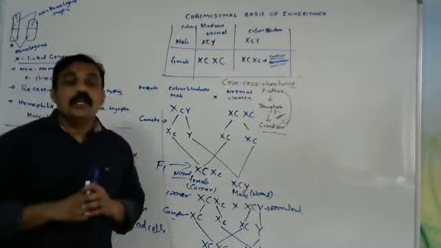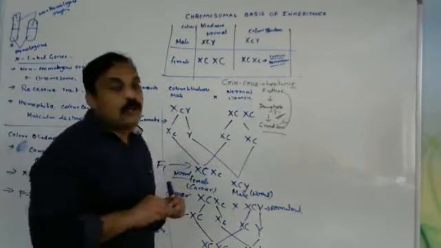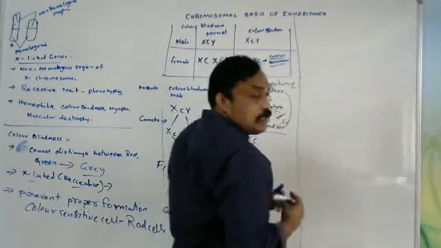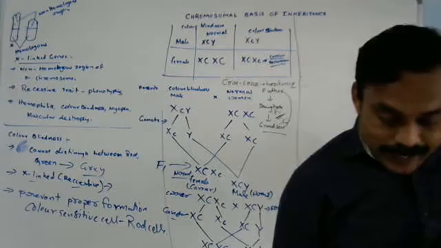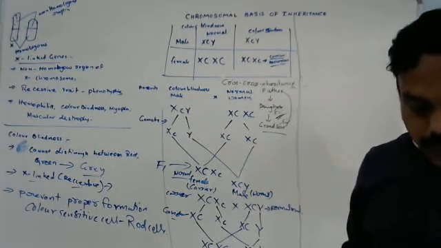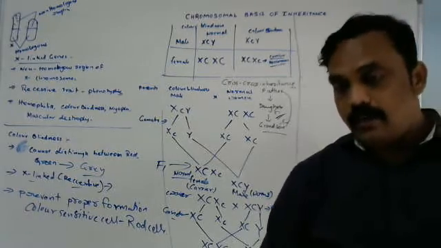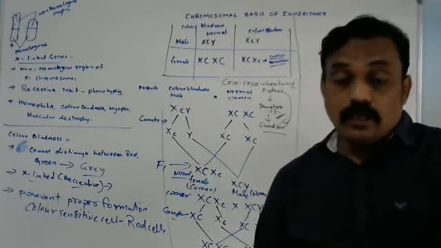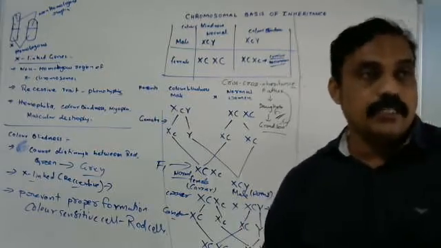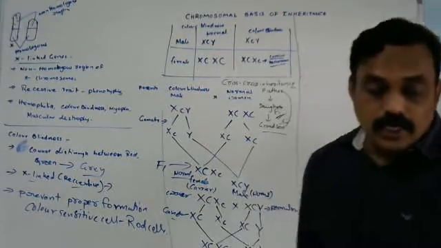One example is what? The criss-cross inheritance example is color blindness. Not only color blindness, one more example is there. We have to take that example. That example is hemophilia. Next one, hemophilia. It is the inheritance of a character from father to his grandson through his daughter. The daughter is a carrier. Here the daughter is born normal only, but the recessive trait is there in the daughter, so it is exhibited only in the grandson. That is what we call criss-cross inheritance.